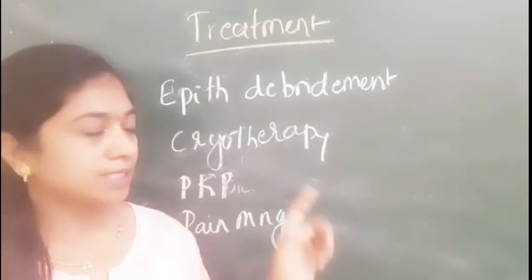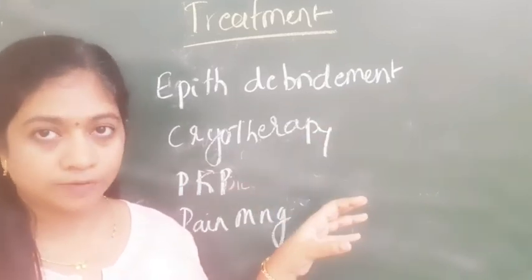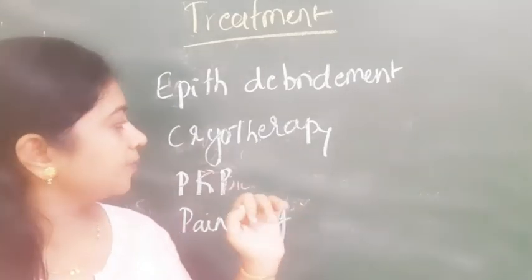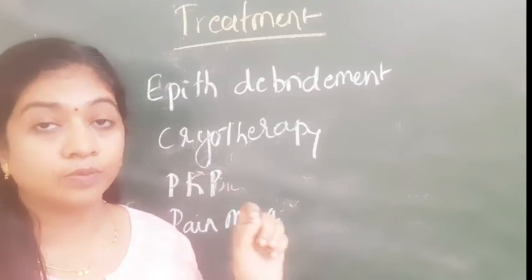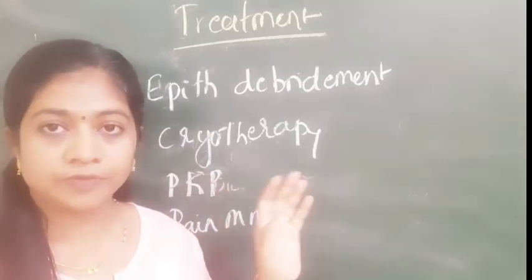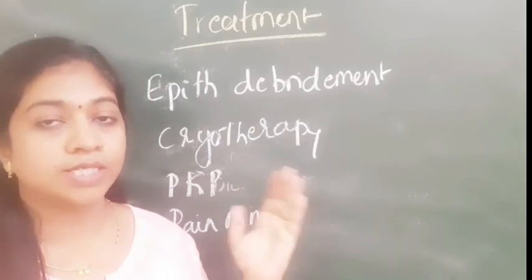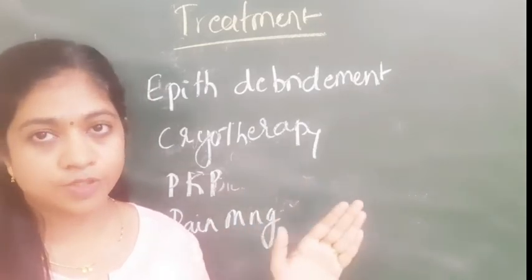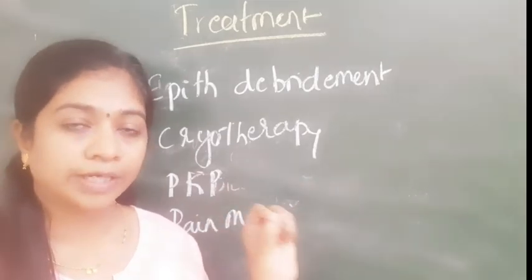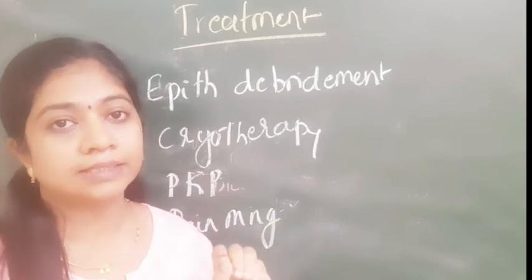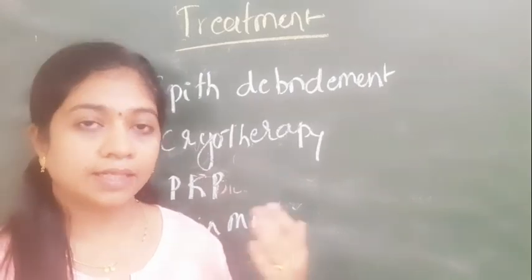And the other treatment options are the epithelial debridement. As you know, the advantages of the epithelial debridement, it will decrease the load of the organisms and help in the penetration of the drug. You can use the cryotherapy, that is freeze-thaw technique. By using the retinal probe, you can do freeze-thaw technique and do the cryotherapy for the cornea. So this is done prior to the penetrating keratoplasty, so as to destroy all the cysts and the trophozoites which are present in the diseased cornea. But remember, even this cryotherapy may not completely kill the cyst. So there are chances of recurrence of this acanthamoeba keratitis in the graft which is done.